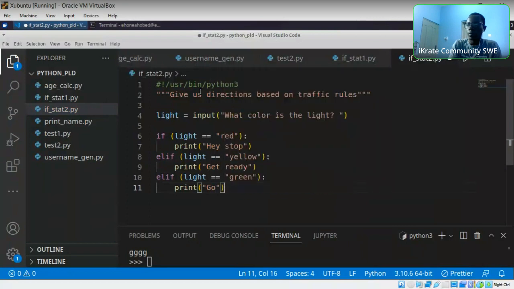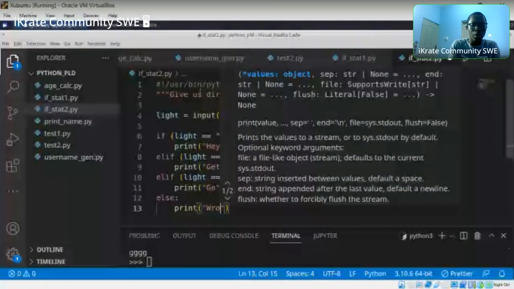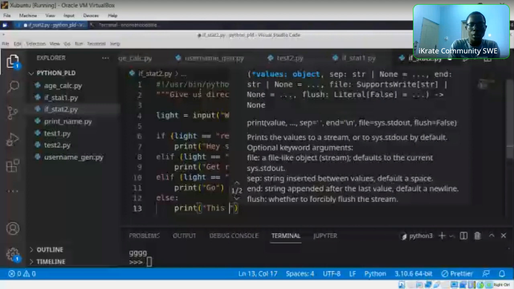The reason why I had to check this is because I want to have an else block that will print wrong light, because a person can enter the wrong light color. Say this color doesn't exist